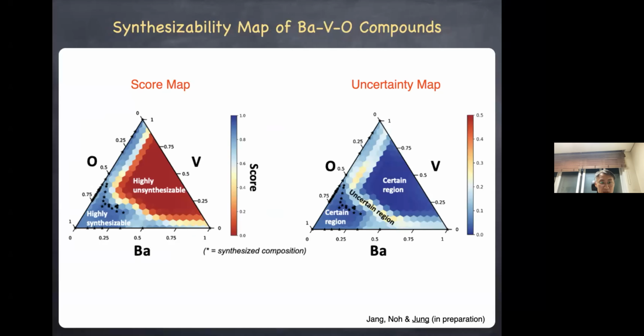You can clearly see that all those structures that have been synthesized lie in the synthesizable region according to our model. And because our model, positive unlabeled learning, is an ensemble-based method, you can even estimate the uncertainty of the predictions. And luckily, all those structures that have been synthesized lie in certain prediction regions.